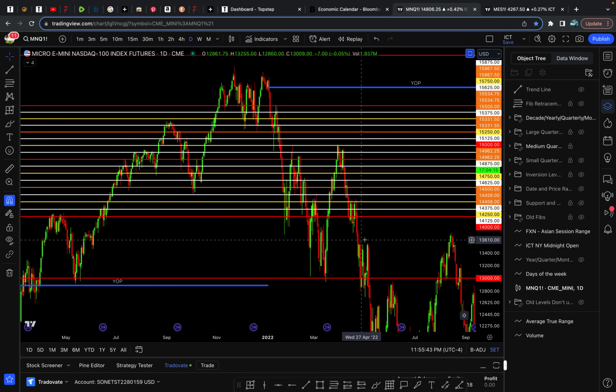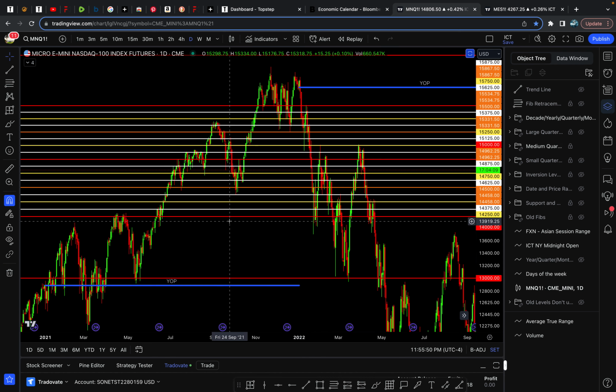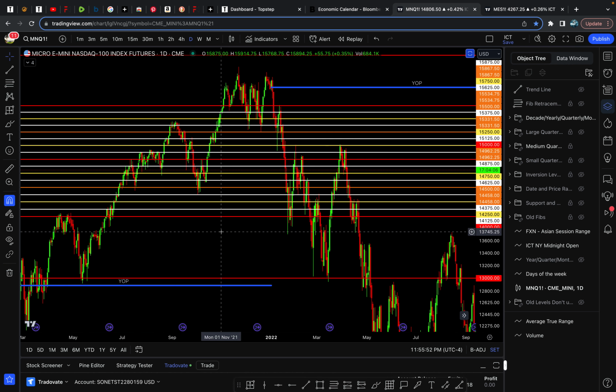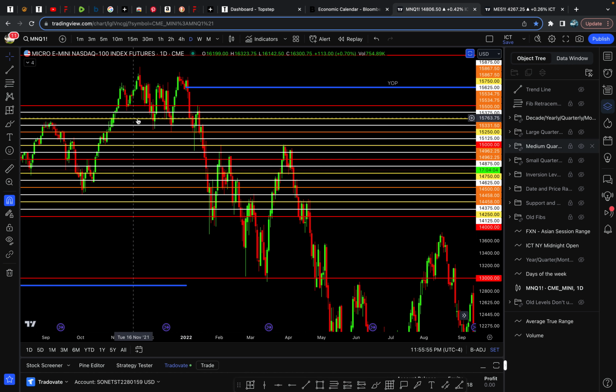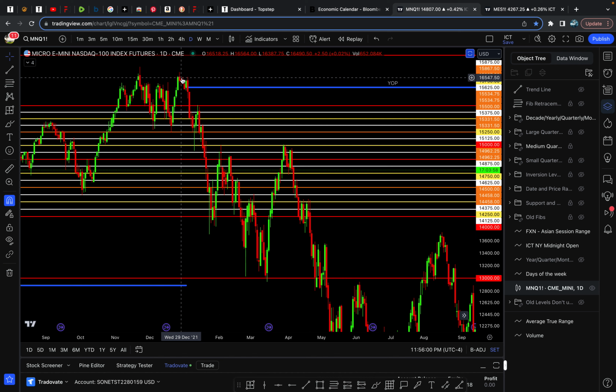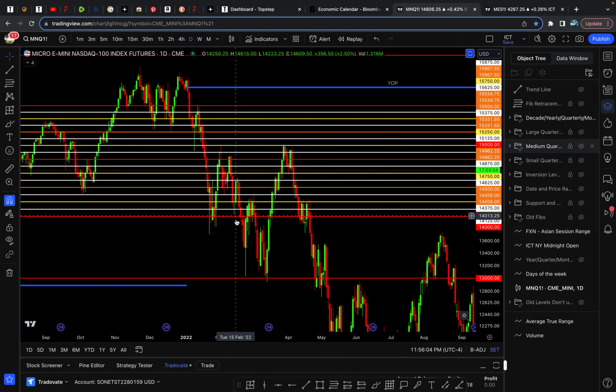But I can't deny what I see, and sometimes retail stuff looks to me like it plays out. It's interesting to look. So now we are on the daily, and you got a double bottom right here, boom, and it went up, and it made a double top, and then boom, it went down.